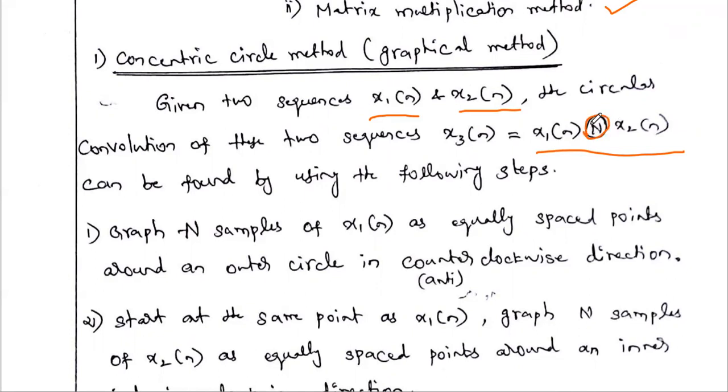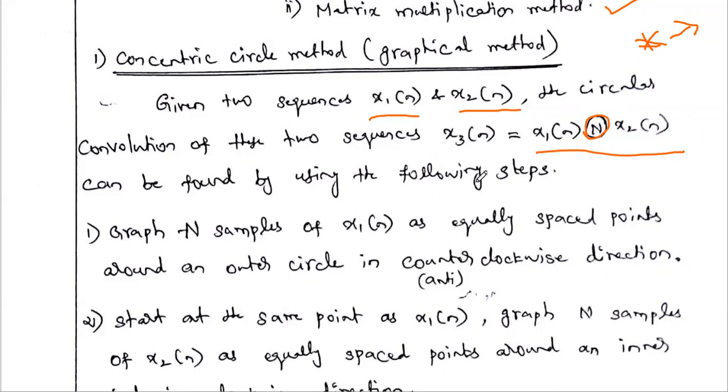We draw one circle, and within that circle we write n; this is the circular convolution symbol. If you put an asterisk, a star, between x1 of n and x2 of n, this asterisk indicates the linear convolution process. In order to differentiate linear and circular convolution, we write a capital N, and that N should be rounded. This is the notation of circular convolution. The circular convolution of x1 of n and x2 of n we take as x3, or sometimes y of n.